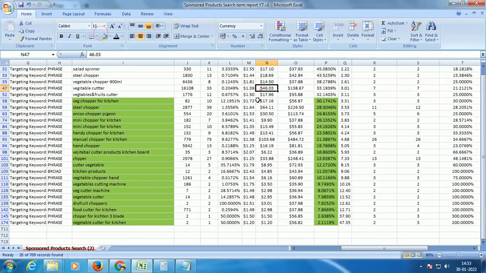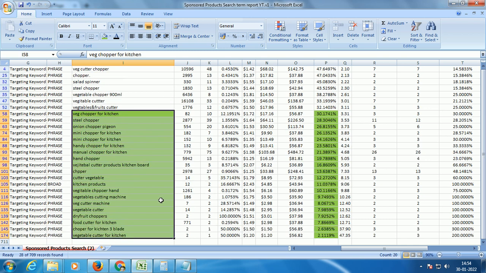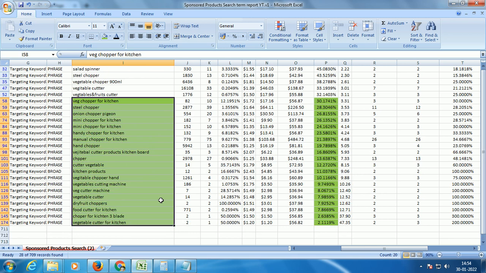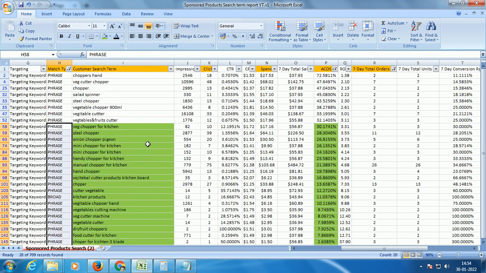So what we are going to do is run a separate exact match campaign for all the specific search terms, right? You pick these search terms from your broad and phrase match campaigns and run an exact match campaign. Now, since you're going to run an exact match campaign, you're going to negate all these search terms from the corresponding broad and phrase match campaigns. You are just going to do a negative exact, right? So that's the deal.